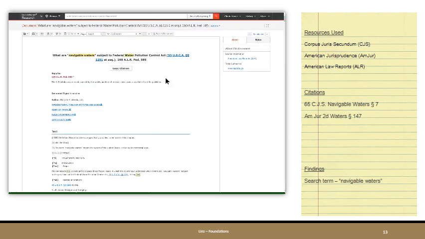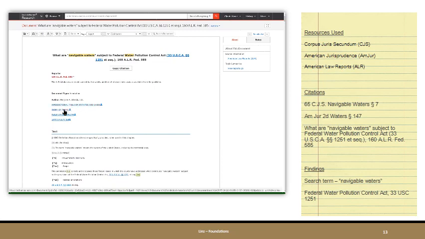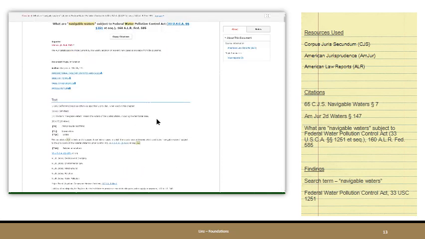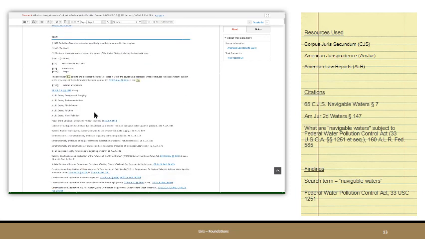And we find the article itself. So there's the title that we knew about. Here is the citation to the ALR annotation. It's in volume 160 of the ALR Federal Series. There were various series for ALRs. Some were numbered, some were federal. The distinction doesn't really matter as much anymore when you do online research. But this was published at volume 116 ALR Federal at page 585. And then we see this jurisdictional table of statutes and cases, an index, table references, and article outline. And then the text itself, right?